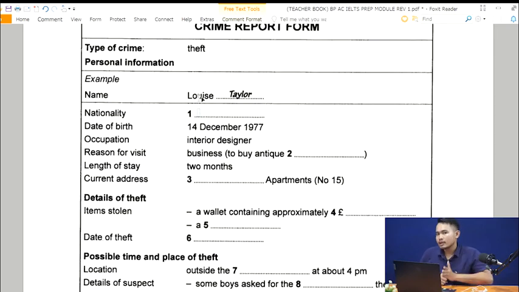The clue is located on the left side of this form. As you can see, on the left side it's the personal information. It's nationality. So one of the nationalities would be the answer for number one. Okay, if you think about nationality, you will be